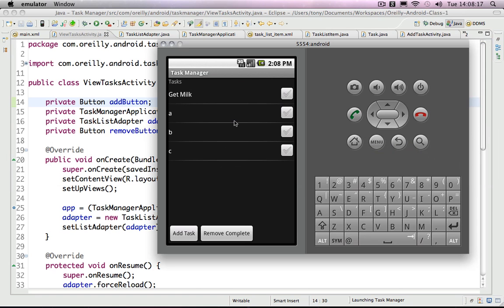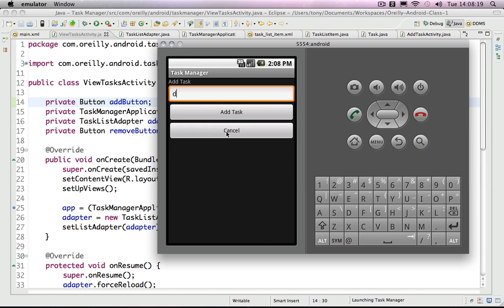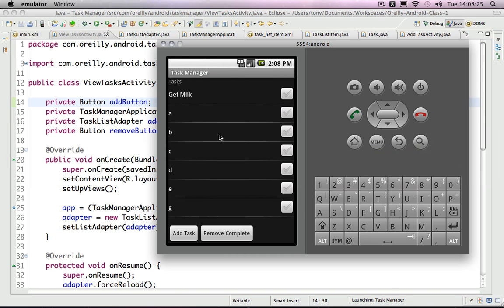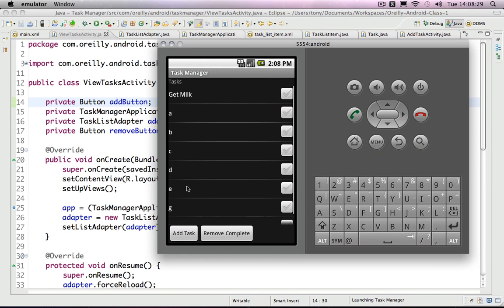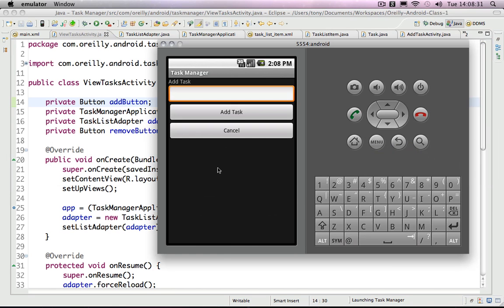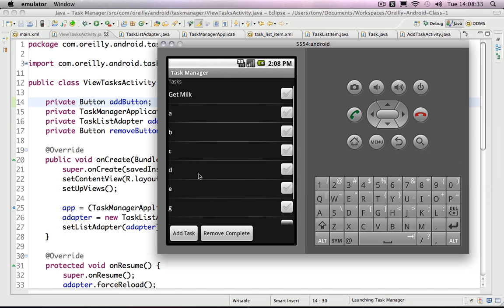And then if you set add task to fill parent and remove complete to fill parent, would they be 50% each with padding, of course? No, it's a pain to make things take up 50% of the screen. No, they don't magically do that. You either get fill parent or you get wrap content, and wrap content caused the problem that Paul